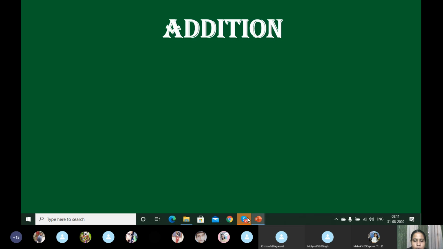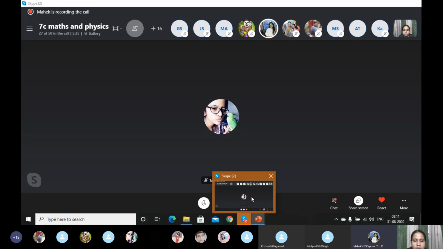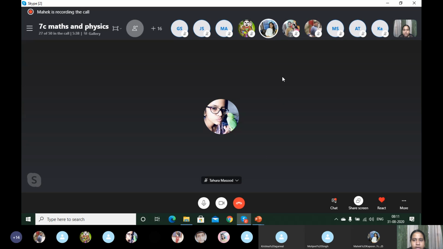Hint or not? Yes or no? No, ma'am. See, if it is given just add 3 plus 4 plus 5, you can use the column method. It will be easy because you will see the numbers. But when it says I added this much to this and I got this, what will the answer be? In that case, if you use the horizontal method, you will easily frame equations. If you use the column method, calculation will be easier, but framing of the equation will be difficult. Understood?